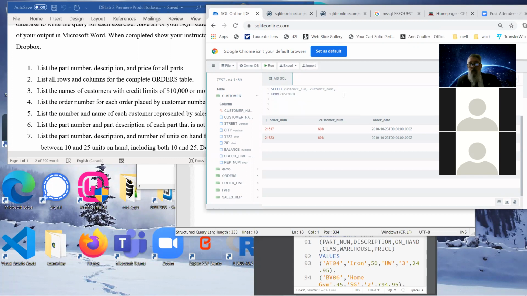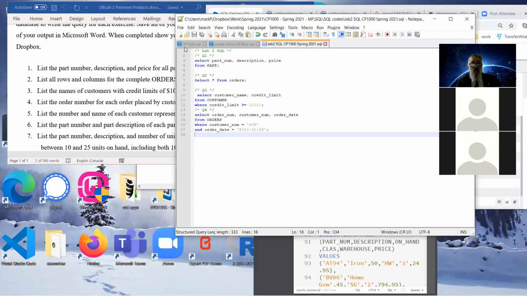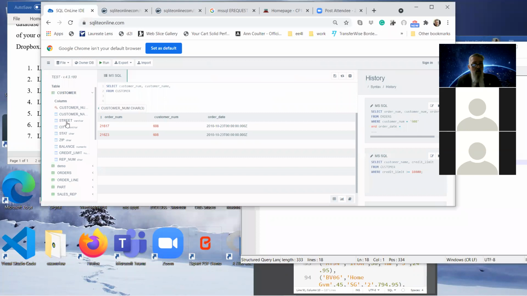Yeah. So, but I have to also do the sales rep. I'm sorry, I'm looking in the wrong place. Where is it? It's here, right? Rep number. Yeah. So that's how we do it. But then we have to add the condition where the rep number is equal to 35,